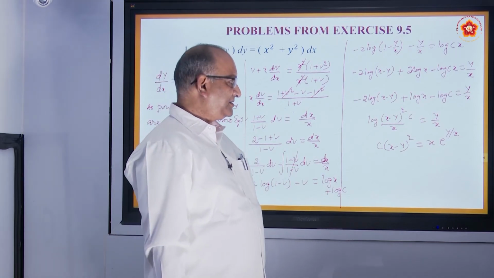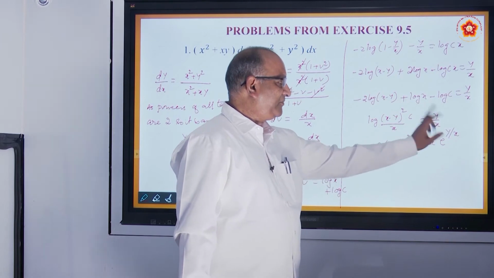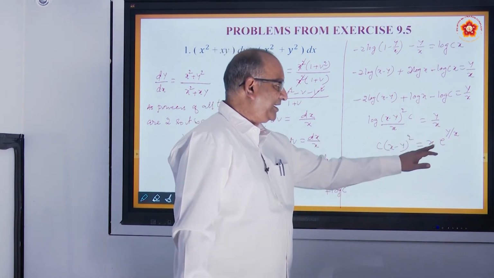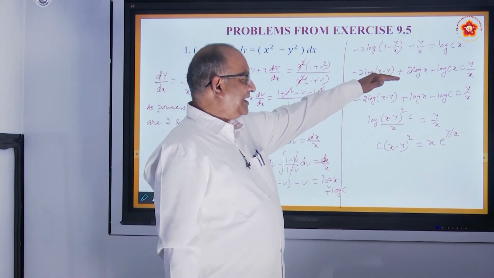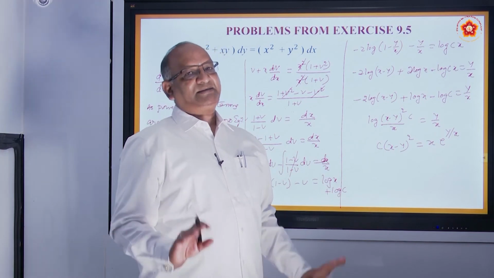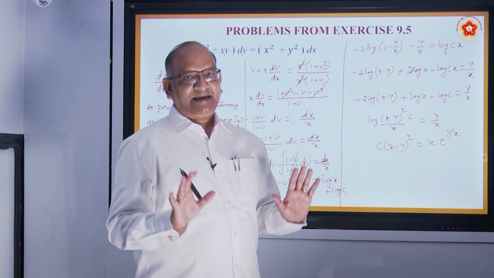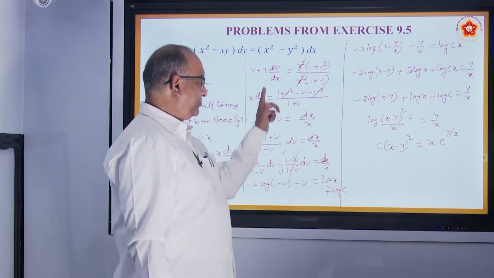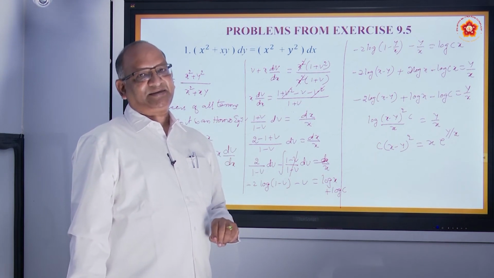How did we write this? When log is taken to the other side, whatever is there becomes e to the power y by x. This denominator, when you take it to that side, will be like that. So you can leave this as the answer. Some people make some other changes, and that can also be written as the answer, but the whole thing which the examiner likes to see is whether you know the procedure and got the answer in terms of x and y.